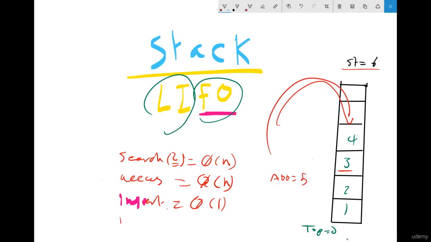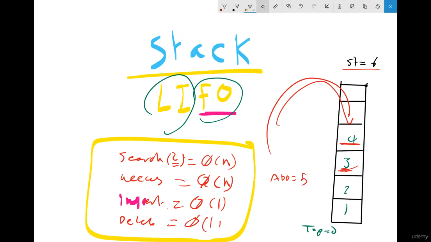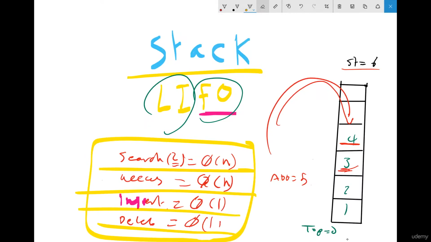So it takes O of 1. Delete is the same thing. When you delete, you can delete only the last element. So you delete this one, then this one. So it takes O of 1. So this is the big O notation for a stack. See search, access, insert, delete, see how the stack is working. So now next, when you see